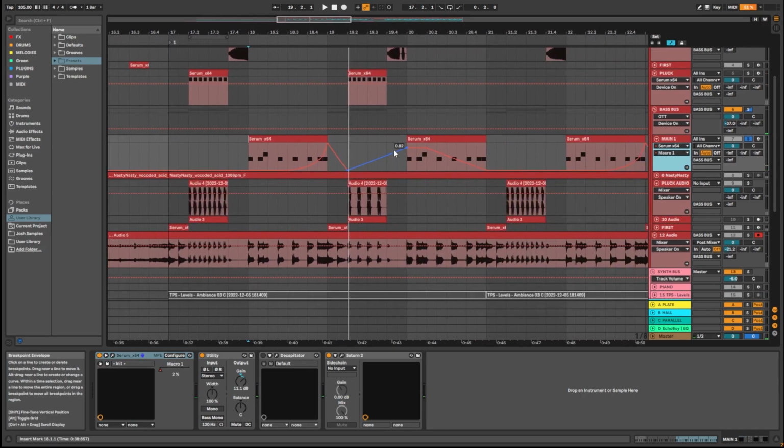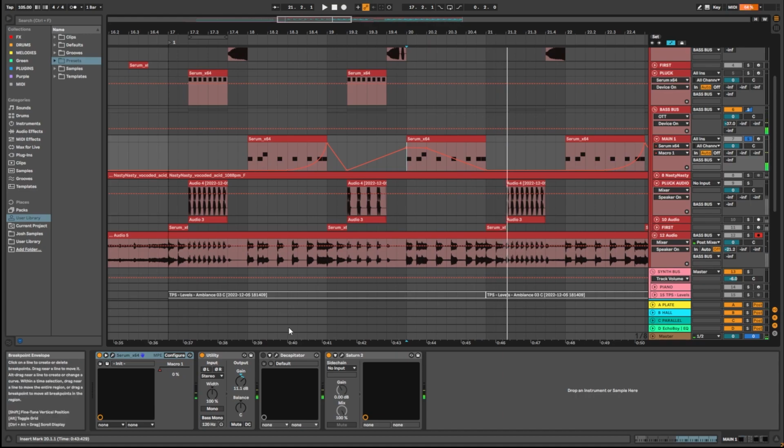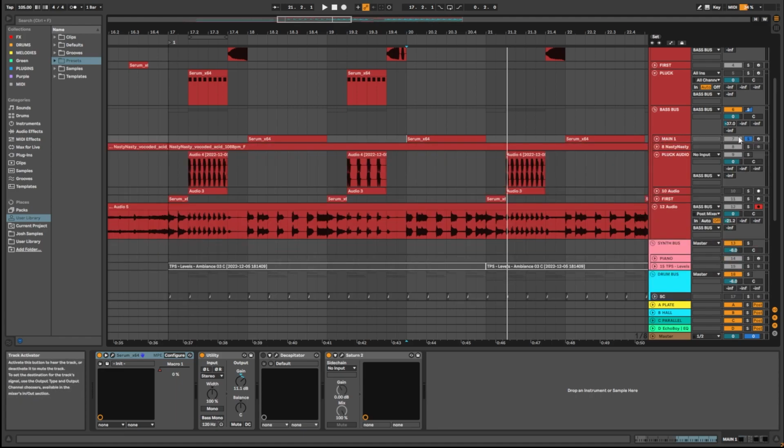So, and then I have it a little different on the second part. And then as far as post-processing, I have a little bit of saturation, and that is it. And that's pretty much all I'm doing with the basses. I do have quite a bit of post-processing going on, and this is what I was kind of getting at